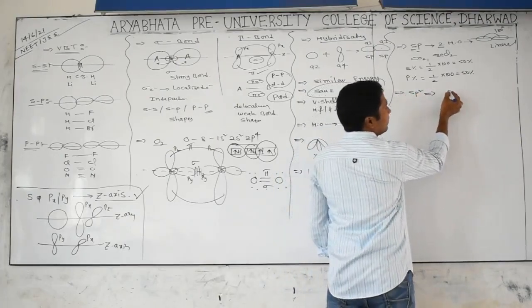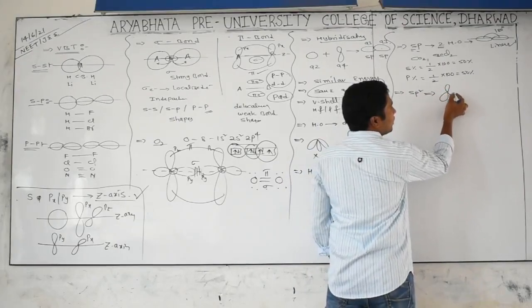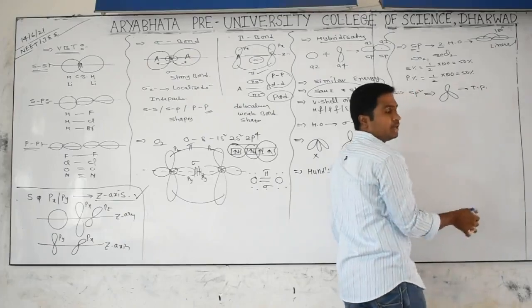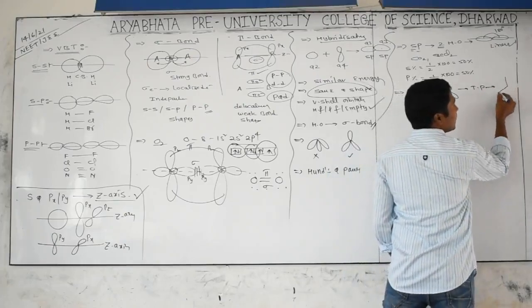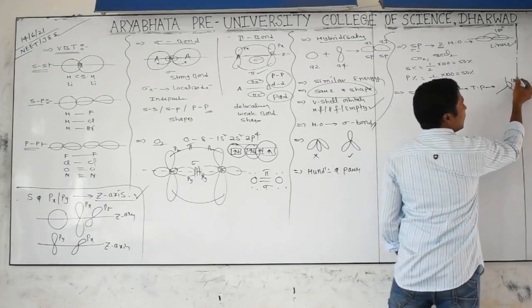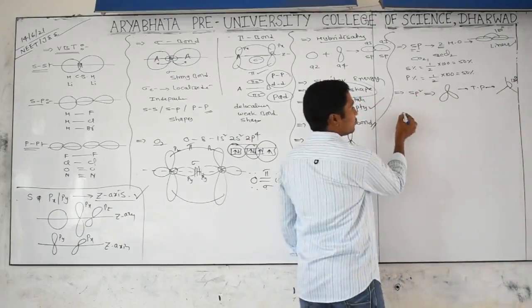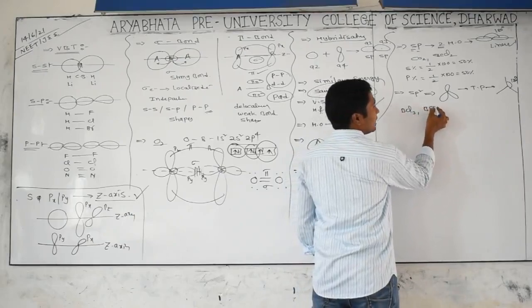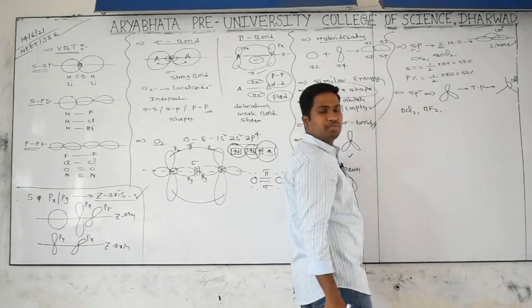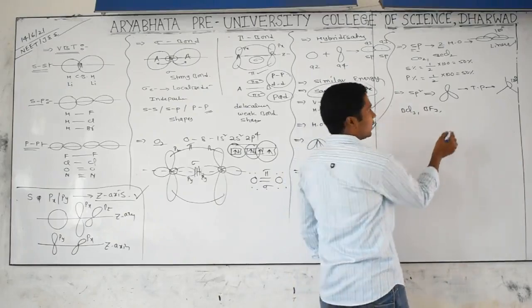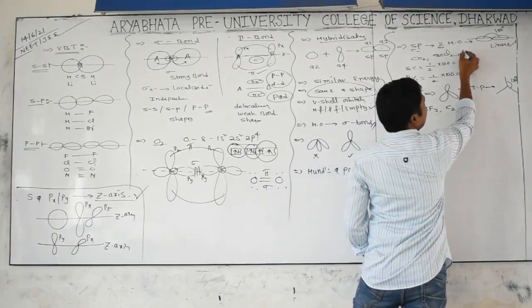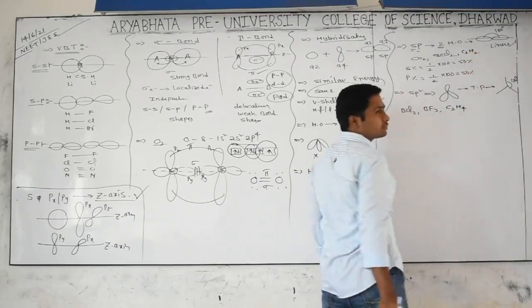Now go for another one, sp2 hybridization. We get 3 hybrid orbitals in the form of trigonal planar geometry. Trigonal planar geometry means the expected bond angle is 120 degrees. Examples for this are BCl3 and BF3. These are examples of sp2 hybridization. And one more, alkenes also, C2H4. And for sp we can mention alkynes, C2H2.